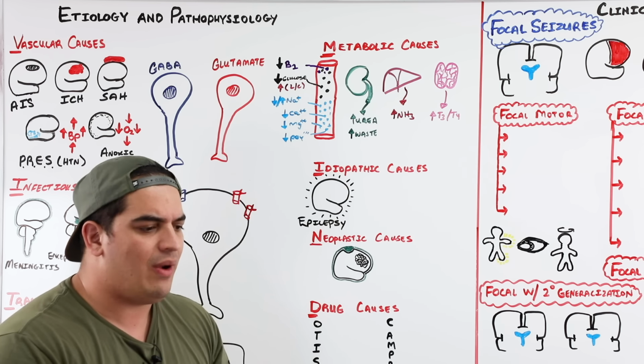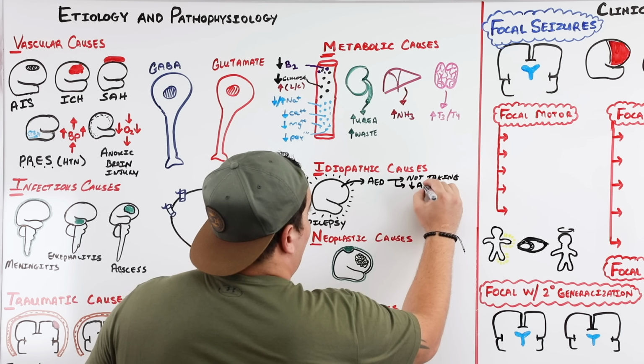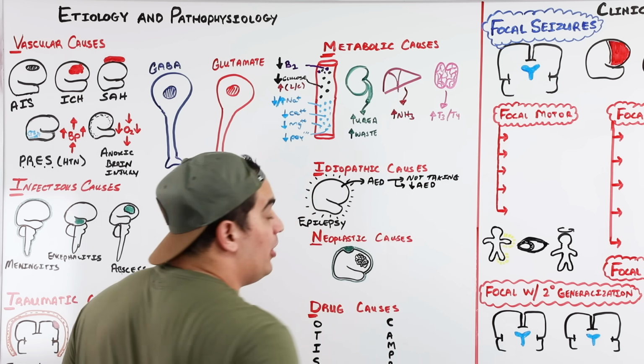And these could be due to a couple things, and we'll talk about these. One is if that person has epilepsy and they're being treated with anti-epileptic medications, what if they are either not taking it because of side effects or they just don't want to, or the level of the AED is subtherapeutic. They're not in a nice therapeutic range and their dose wasn't increased appropriately for whatever reason.